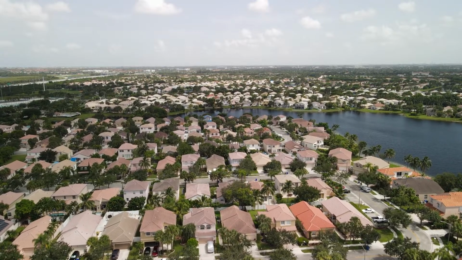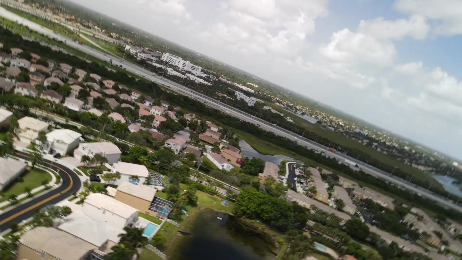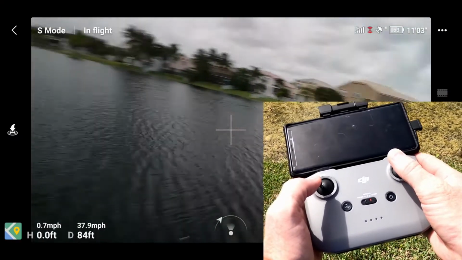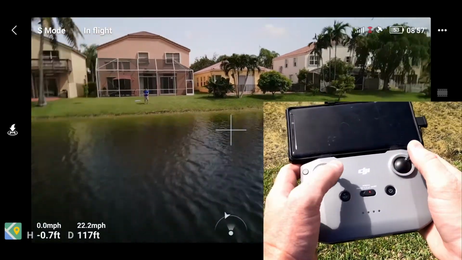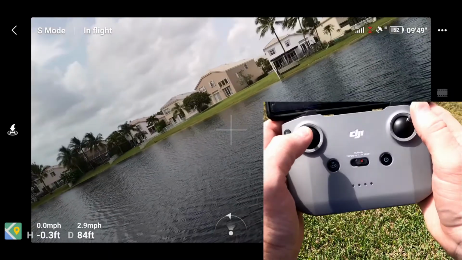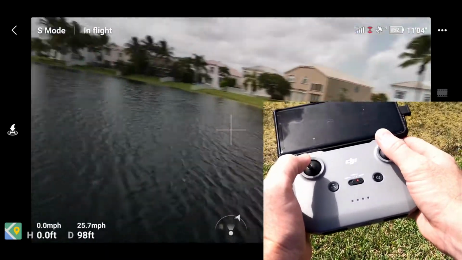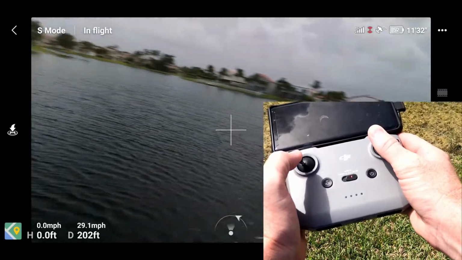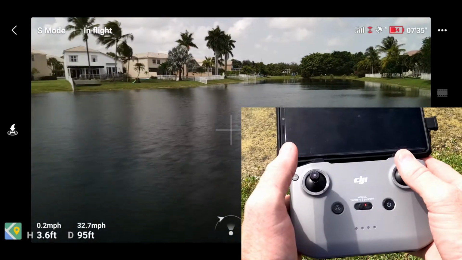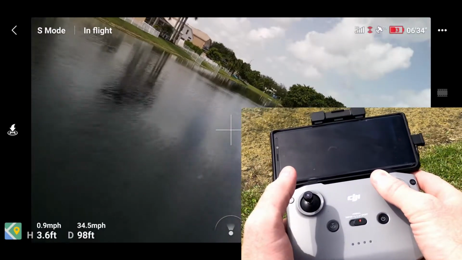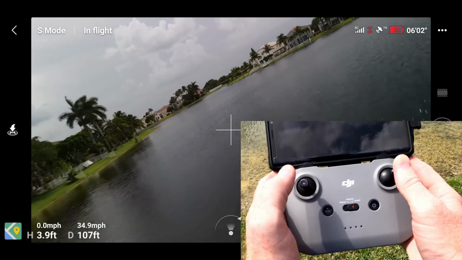However, the FPV mode can give you some really unique, creative, or action-oriented footage that you might use to enhance your video projects. One thing to keep in mind while you're in FPV mode, in order to get the best looking footage, you want to use both control sticks while making turns. So the right control stick is going to be used to control the tilting or the roll of the drone, while the left stick is going to be used to control the direction of the drone. So you want to use those both in a coordinated manner so that you get that nice smooth turning effect. Otherwise, if you just use the right stick, you're going to get only the tilting, which may not be what